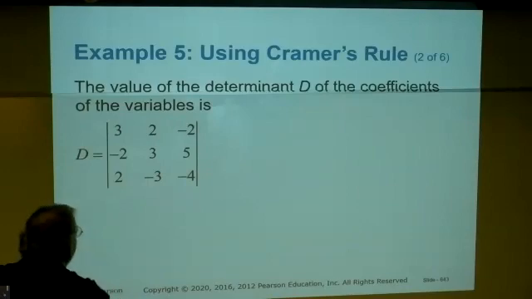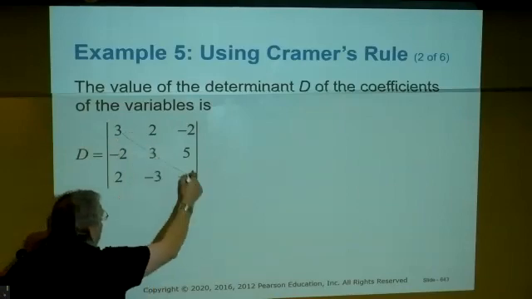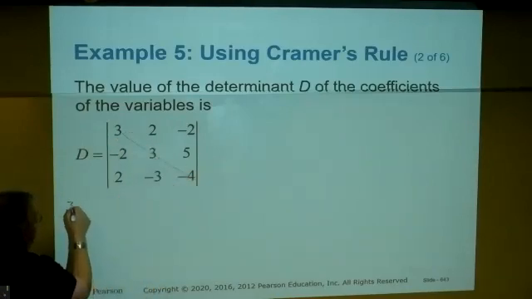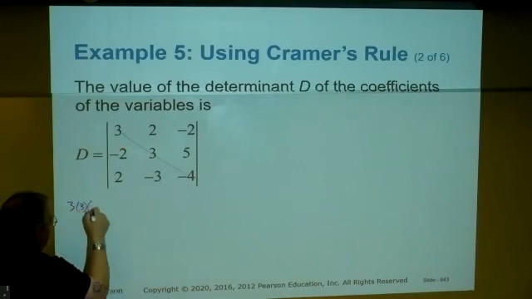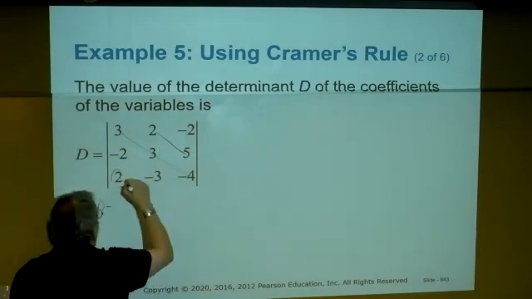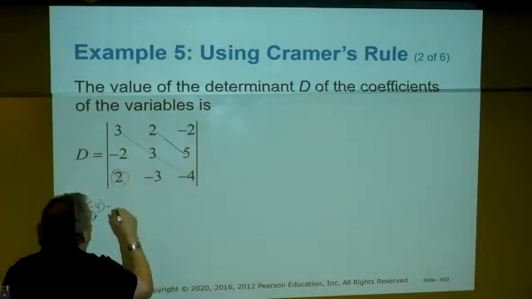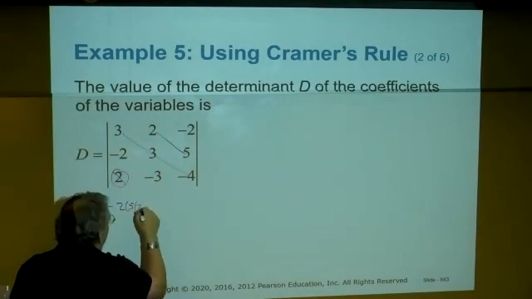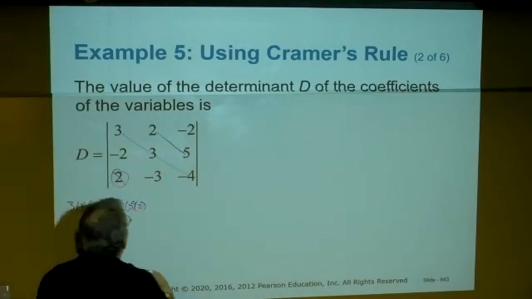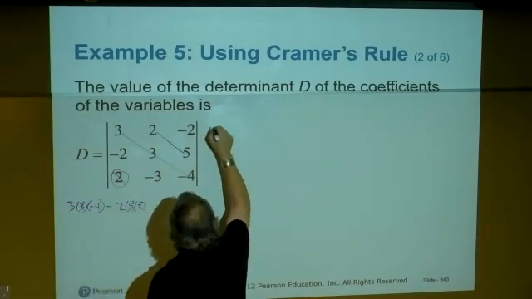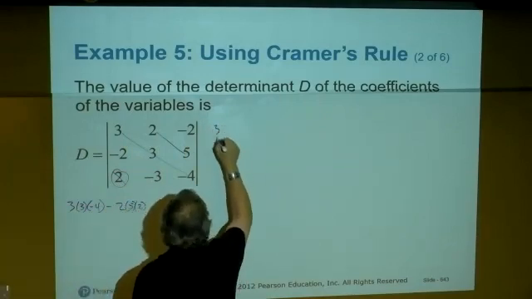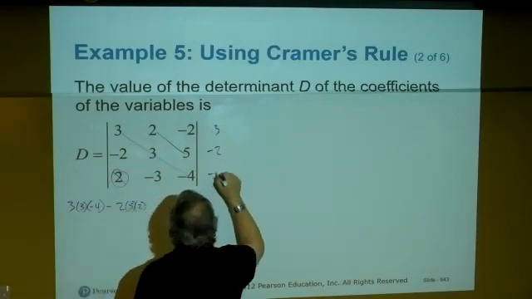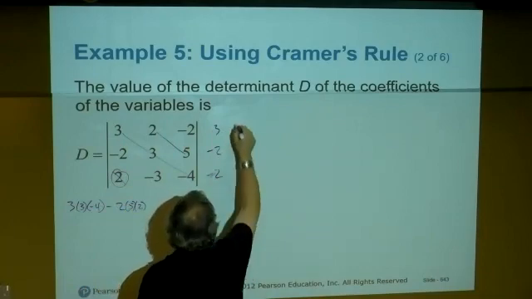I like to do this way. All right, we have this diagonal. So 3 times 3 times -4 minus this diagonal. So that's 2 times 5 times 2. Right? So to make it more clear, I'm going to write the 3, -2, and 2 here, and then the 2,